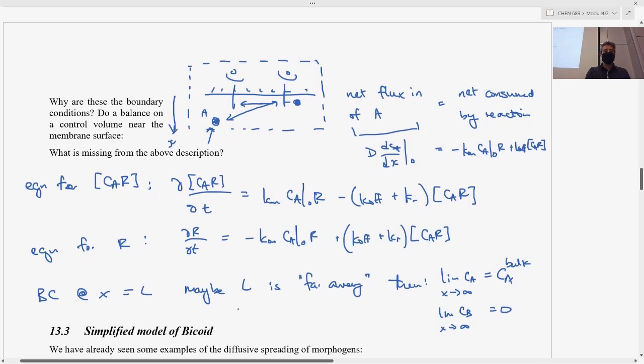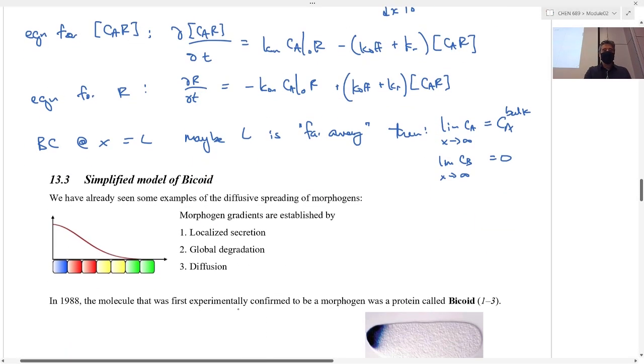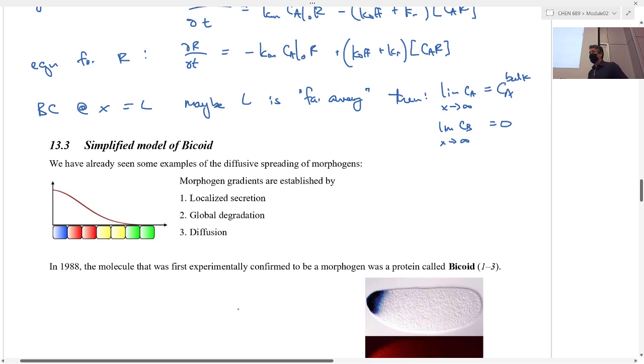So let's take a look at a simple example. Let's take a look at a simplified model of a protein that's in the Drosophila embryo called Bicoid. So we've talked about morphogens just a little bit, but basically a morphogen is a protein, or it could